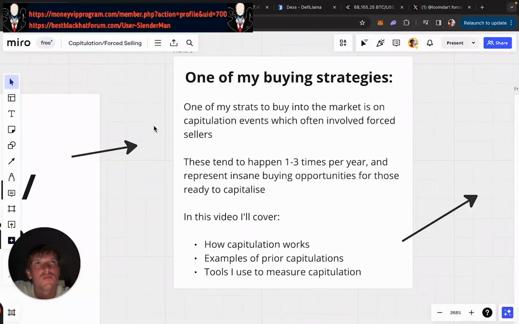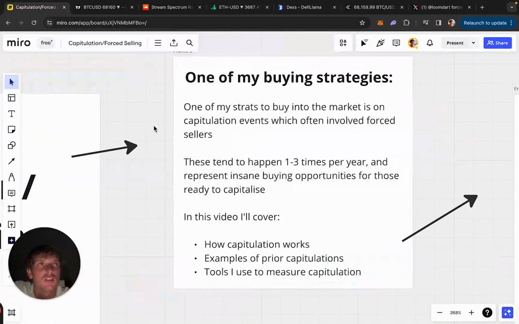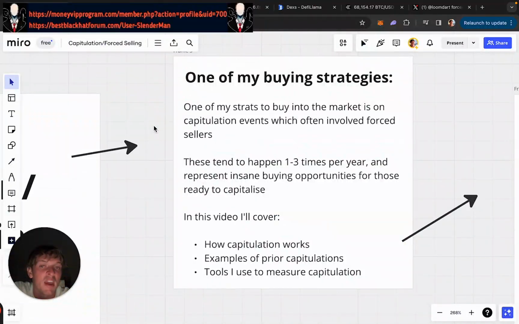Crypto is such a volatile space, such a new technology, that sometimes things just break and people panic. They panic way more than they should. This leads to short-term inefficiencies where price trades way lower than it should. When something breaks, it gets fixed, but people sell coins really low as if the problem is never going to go away. It's this panic that gets us these really good opportunities to buy.